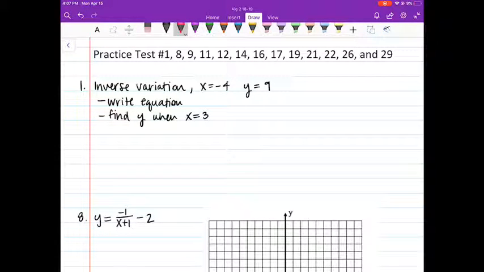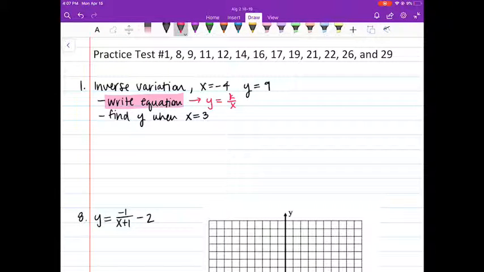from this practice test linked on Planbook that I'm going to walk you through and that we'll kind of talk about. So problem number 1 is asking us, okay, if we know that x and y vary inversely and that x is -4 and y is 9, we are asked to both write an equation representing it and find y when x is 3. So as we start by writing our equation, we remember inverse variation's parent function is y